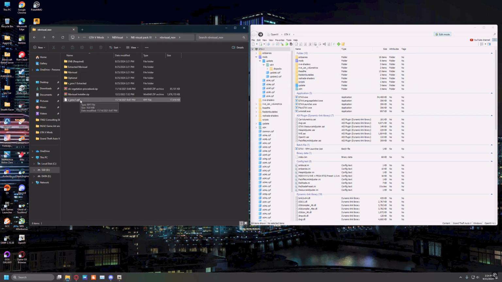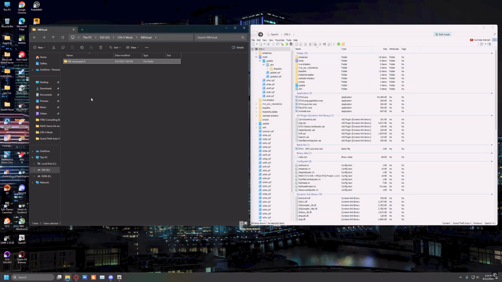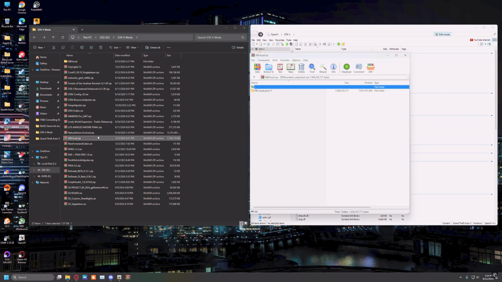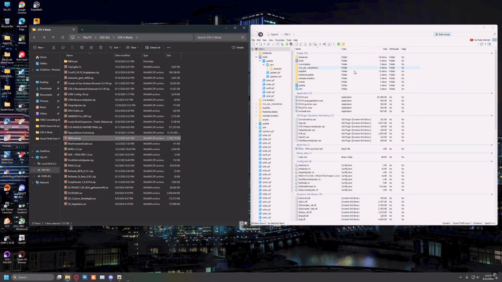And the second one that we're gonna need is going to be from the NV vegetation procedural, which will also be in the NV file that you get from NV Visual. So it should just be here. Once you open this November, right here, open the latest one, NV vegetation procedural. So you're gonna do the same thing, drag and drop it, rename it to .rar, and once you have that,